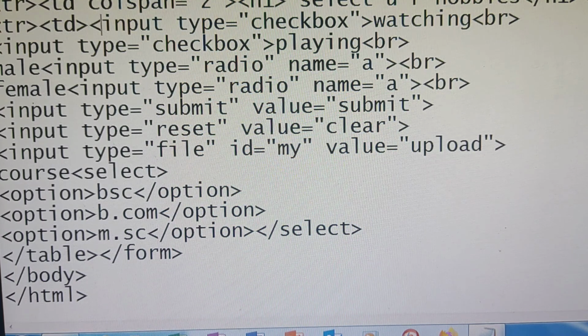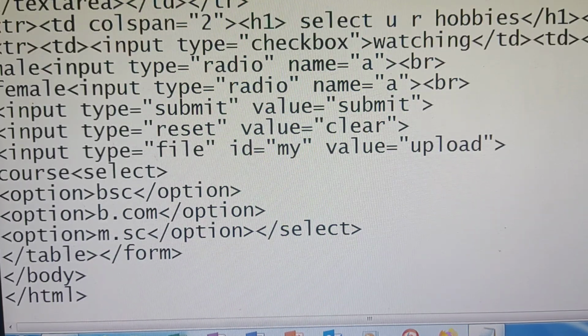First one, input type equals to checkbox. This hobbies I am putting in a first column. Next, the second column, input type equals to checkbox, female.